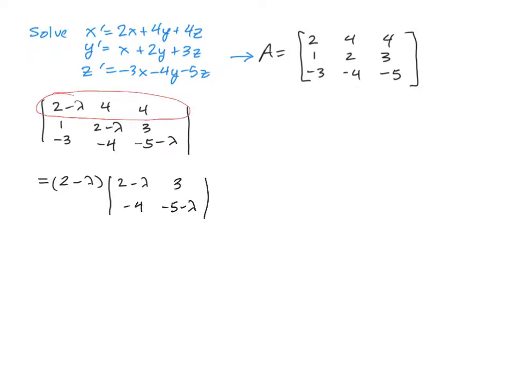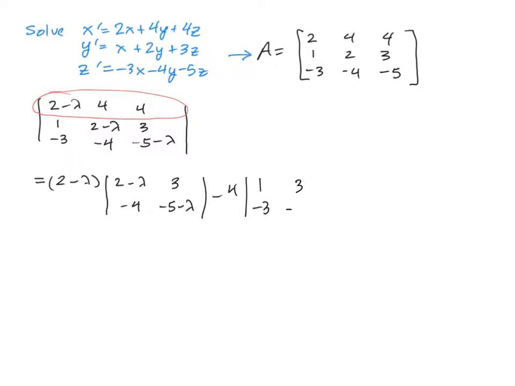So again, going back. Then we're going to have a minus 4 times subdeterminant 1, negative 3, 3, and negative 5 minus lambda. And then we're going to have plus 4 times subdeterminant 1, negative 3, 2 minus lambda, and negative 4. Now this works out to be the cubic polynomial, which is negative lambda cubed minus lambda squared minus